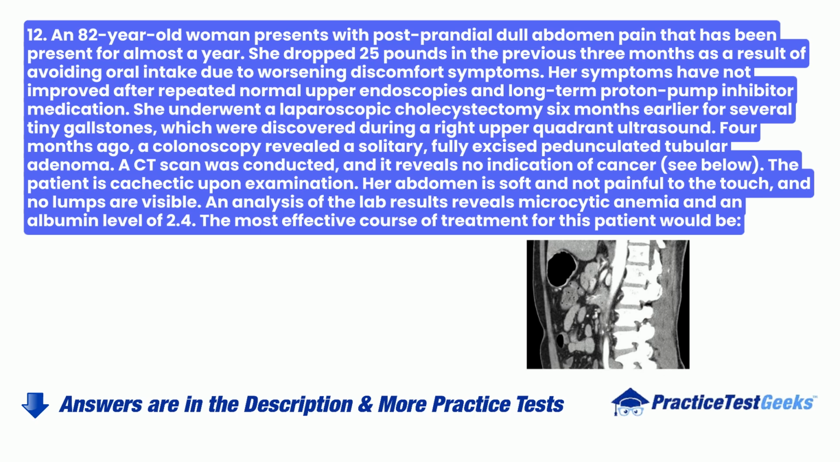The patient is cachectic upon examination. Her abdomen is soft and not painful to the touch, and no lumps are visible. An analysis of the lab results reveals microcytic anemia and an albumin level of 2.4. The most effective course of treatment for this patient would be